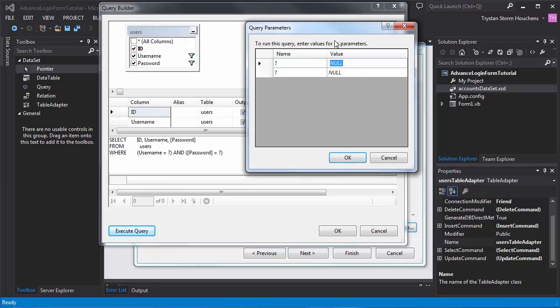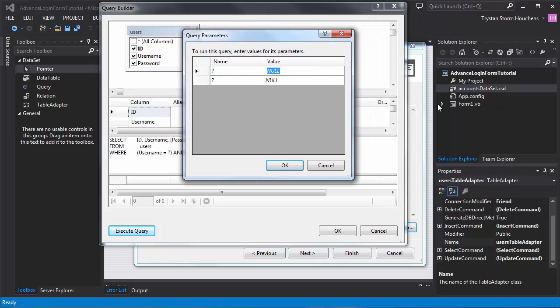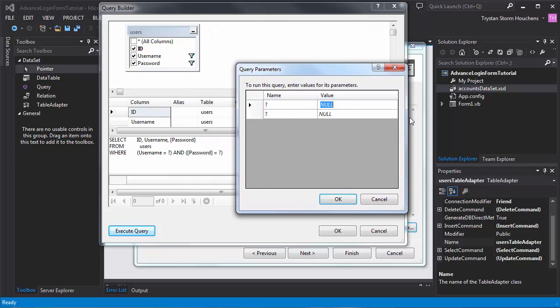ID is not represented within the code, which is the query we have typed. So we only put username and password. That's all we need for the user to type. ID is automatic, so we do not need that. So here we're just going to do user, and for here we're going to do password, and press